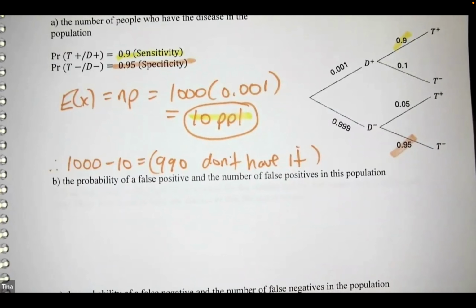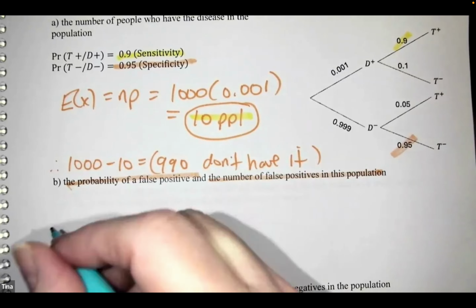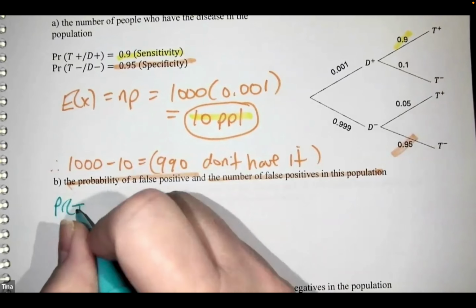So B, what's the probability of a false positive and the number of false positives? So probability of false positive, number of false positives. So a false positive means